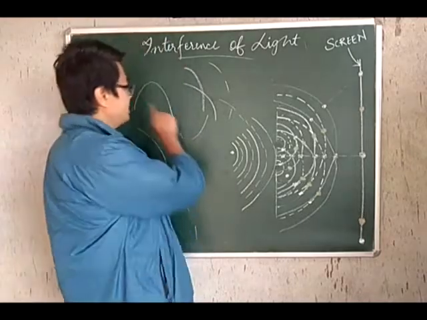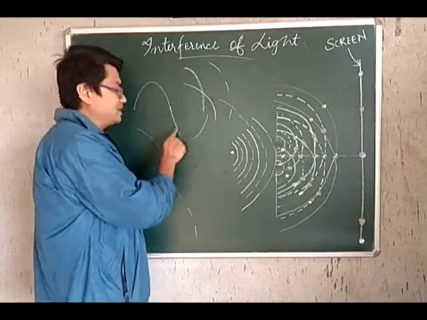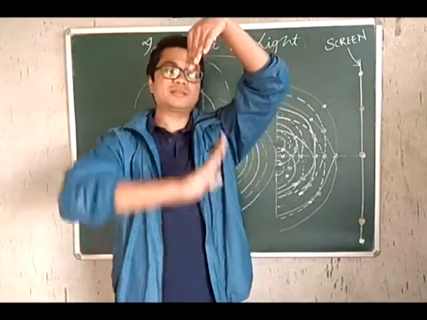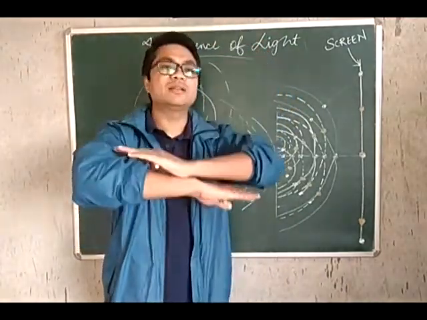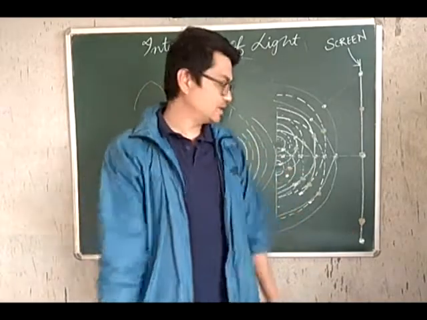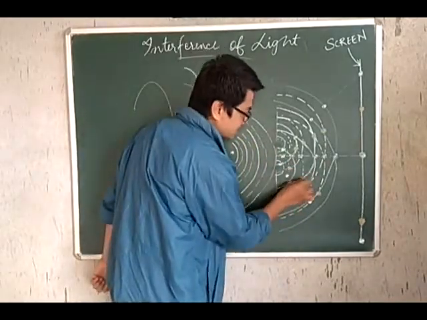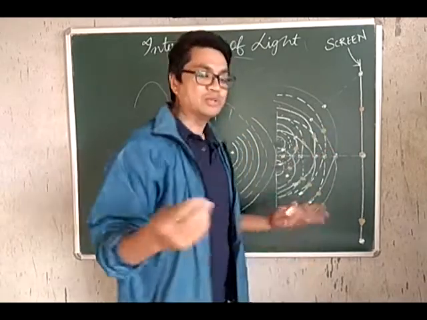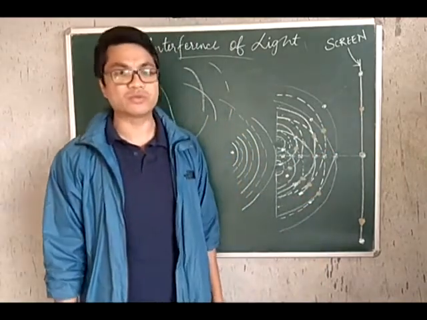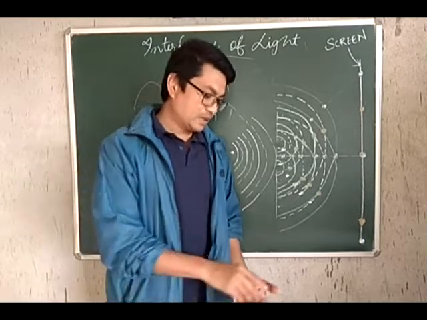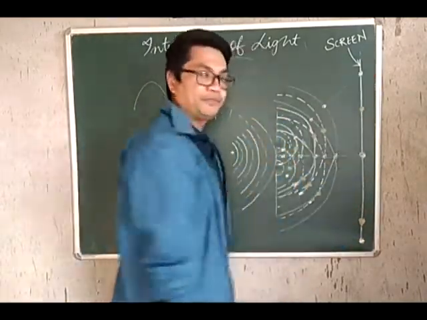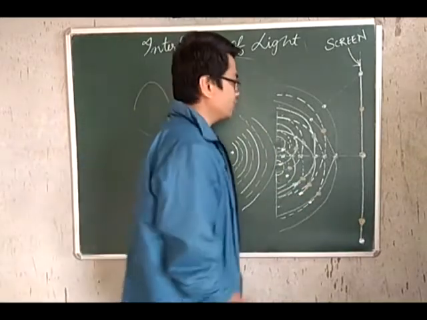Okay, so to say, a crest or a maximum is meeting another minimum. When a maximum meets another minimum, they cancel each other out and we get a 0. So at these points, we are getting 0, with no amplitude whatsoever of the resultant wave. Now if we place a screen at some point, what happens is